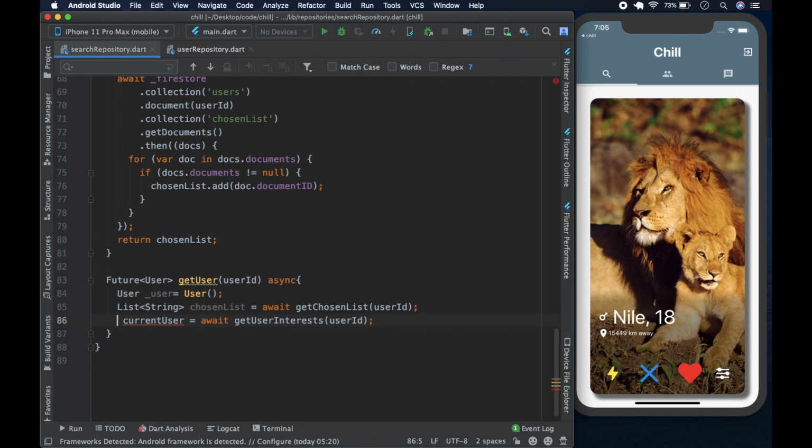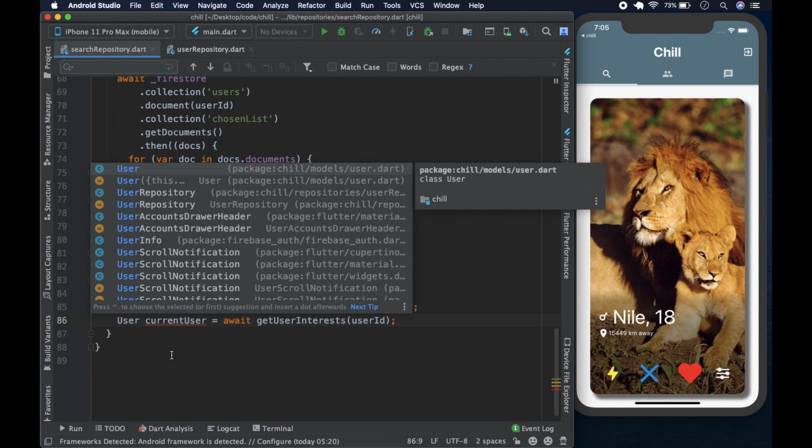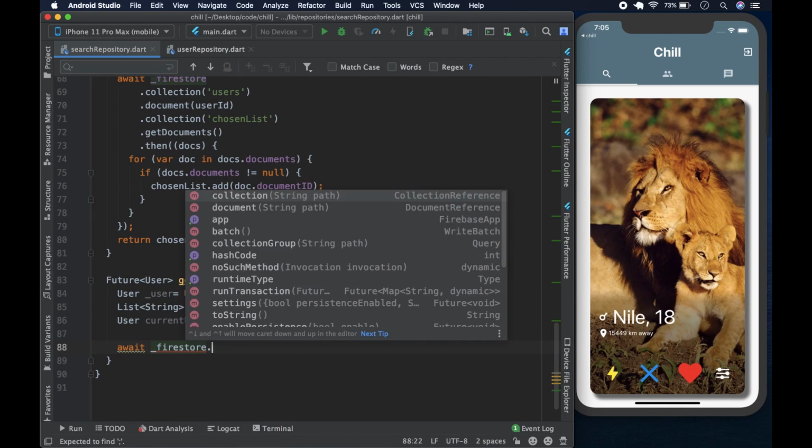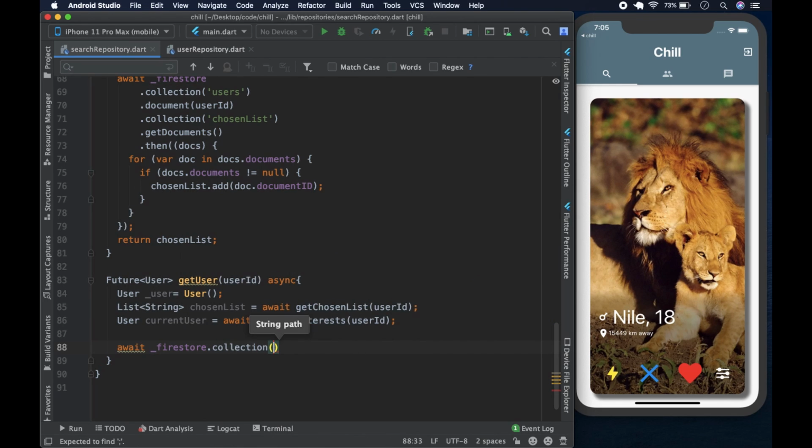And this is going to be of type user, of course, like so. And now we can await the Firestore dot collection, and the collection is of course our favorite collection, which is the users collection. And after that we are going to say dot